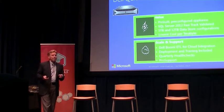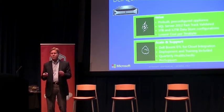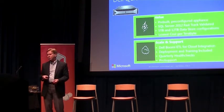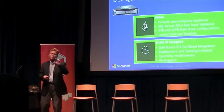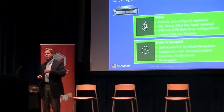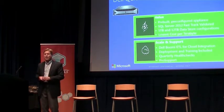So what we learned is people were taking a lot of time designing EDWs, enterprise data warehouses, and architecting these solutions when we used them internally, and we decided to productize what we use and then bring that out to our customers. So we found that people like buying an appliance because it's ready to go. We provide the services, we provide all the software required to make it work,